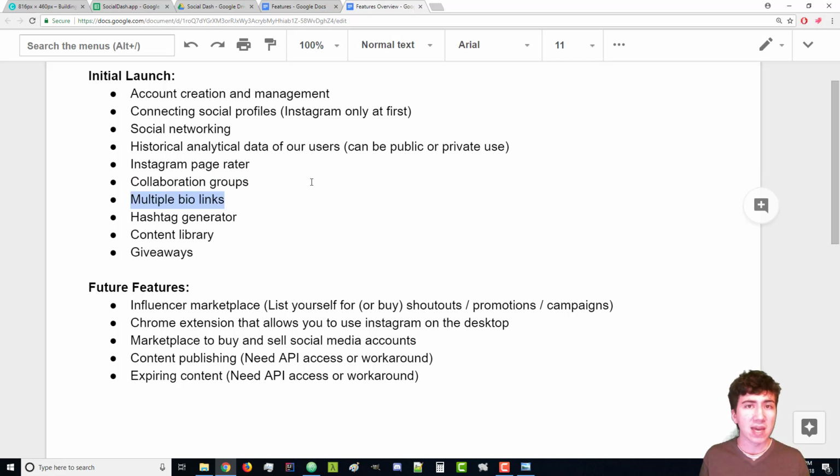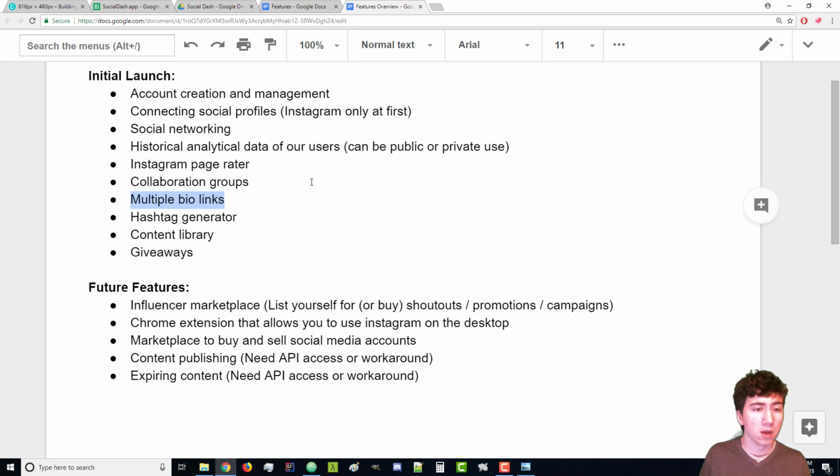So with Instagram, you can't link in your posts, you can only have one link in your bio. And so there are some solutions out there that whenever you click on that link in your bio, it provides a simple mobile-friendly landing page kind of thing where there's multiple other links in there that you can then click on, that the account owner can customize. So that's the basic feature here. I did look at some of the existing solutions and they do a good job of providing that. However, there were some features I thought of that they didn't have,